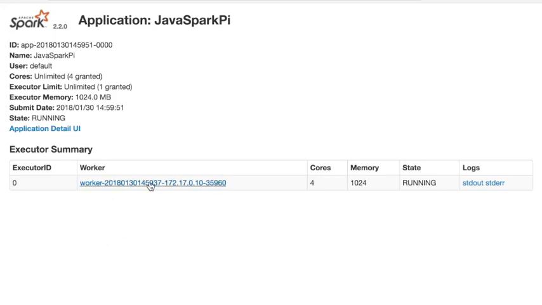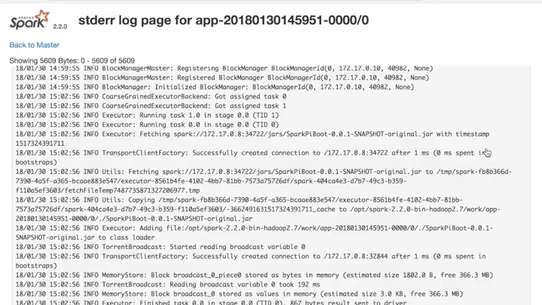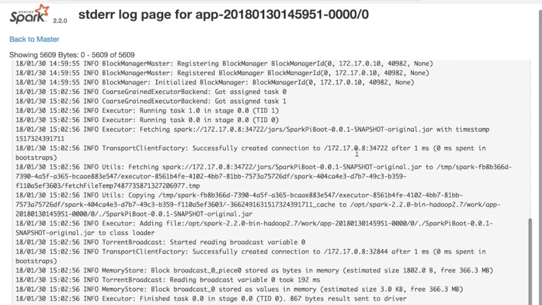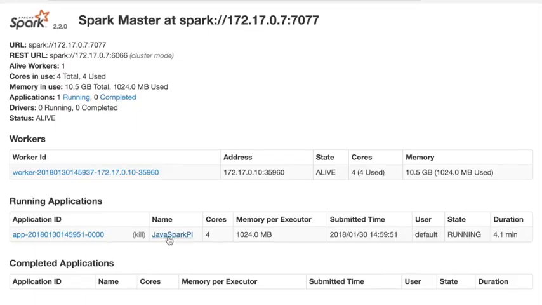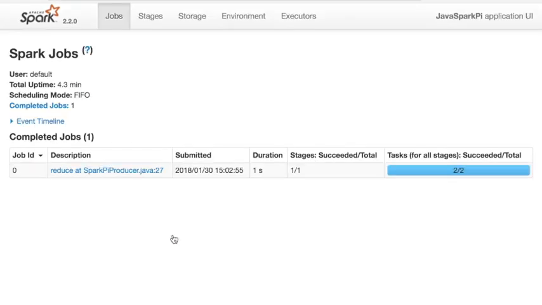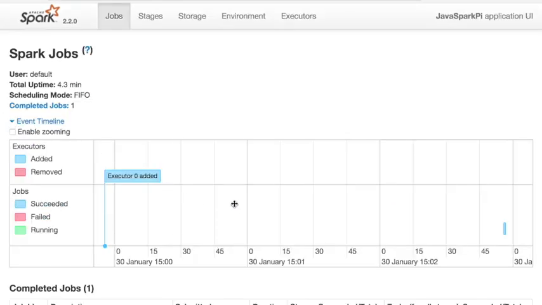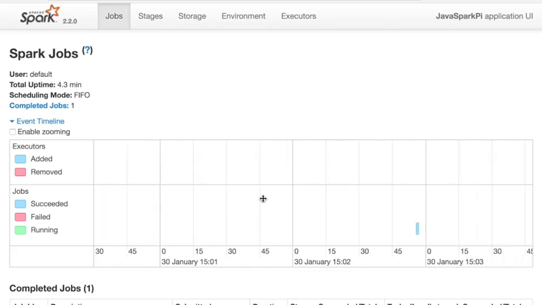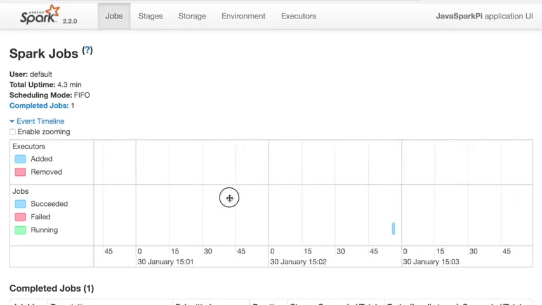So this is the application running there, and it has the memory. Look at the standard output for this application. You look at the name of the application, and over time this will give you some statistics about the executors and the jobs